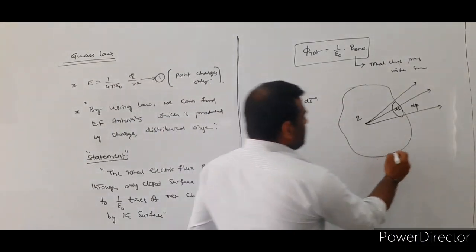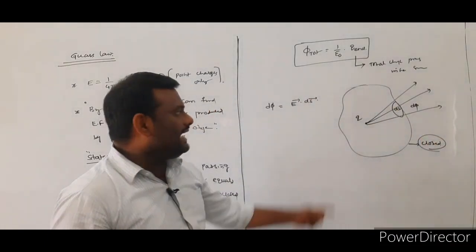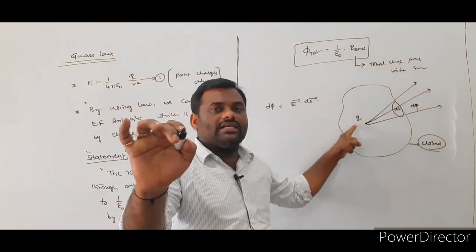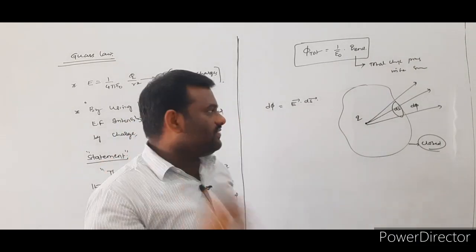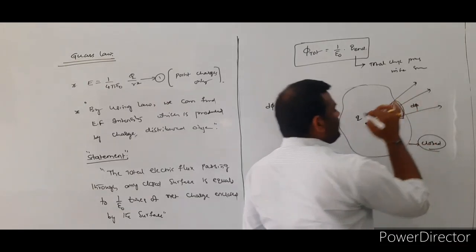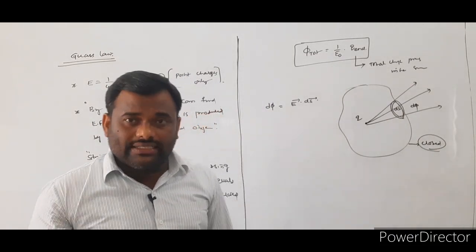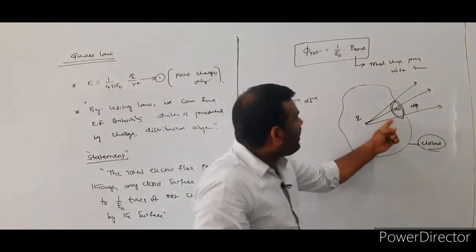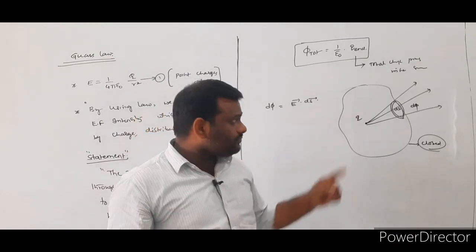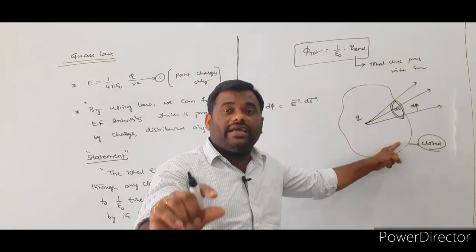Already we defined the electrical flux. It is a scalar product of electric field intensity and area vector. So, here I consider this is one closed surface. I am assuming that inside the closed surface, a small q amount of charge is present. Over the entire closed surface, I consider a small portion whose area is equal to ds. Through the small area ds, only a small amount of flux passes. Whenever the area is more, flux is also more.